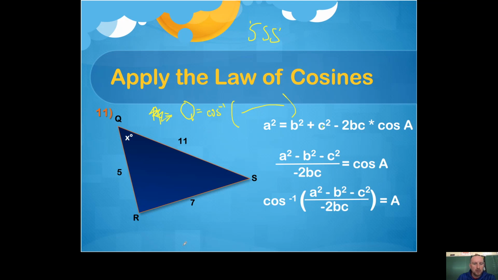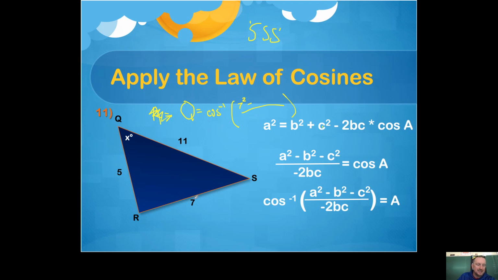But putting the numbers in the right spots is actually very easy. If you want angle A, notice what lowercase letter comes first. It's A. So if you want angle Q, you better put little q first. So of these three side lengths, it's most important that you have that number correct. And then you subtract away b squared and c squared. B squared and c squared are just going to be the other two sides, and it doesn't matter what order you put them in. So if you want angle Q, the only thing you got to worry about